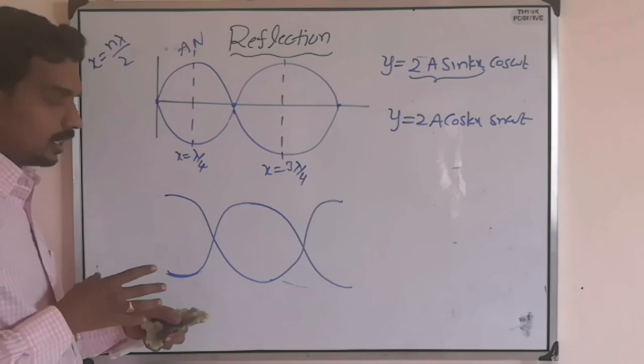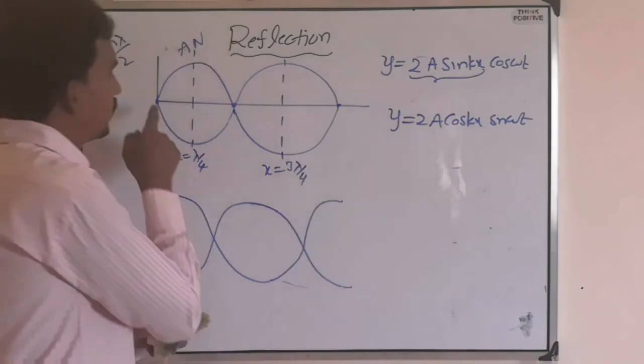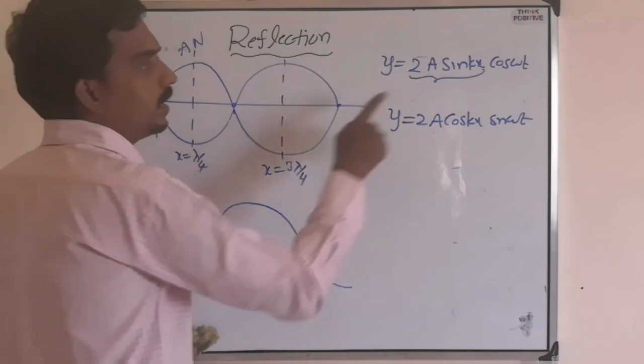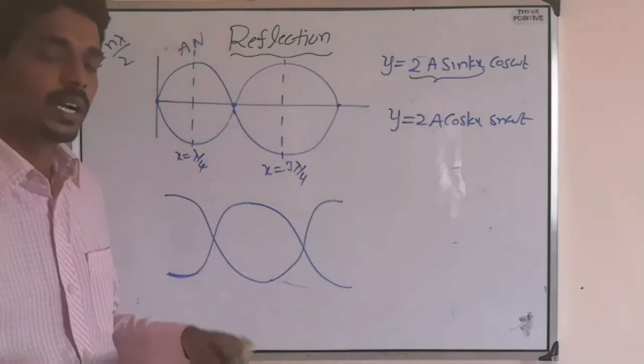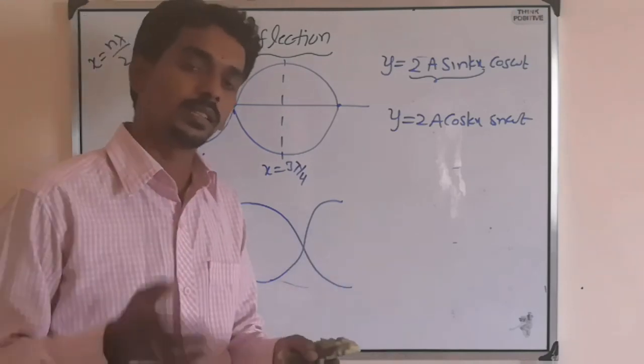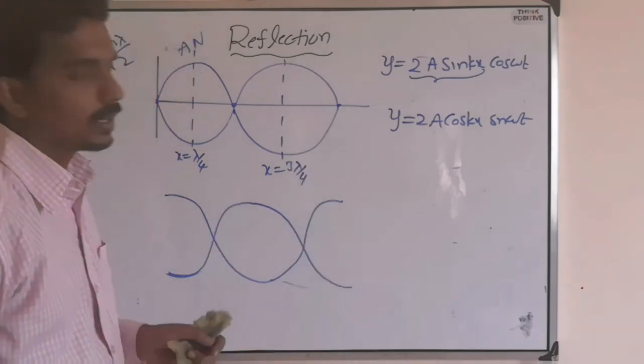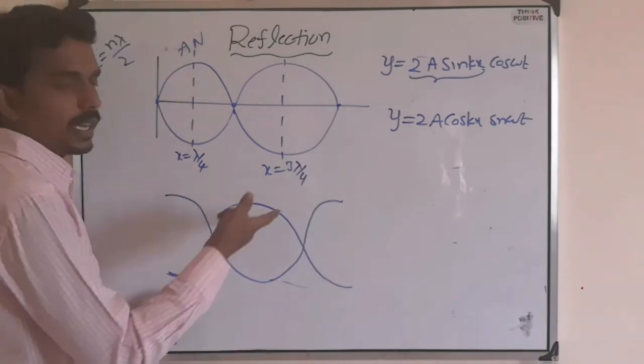So like that, if there is a free end, then cos will come. If there is a rigid or fixed end, then sine will come. But you should not get confused that, sir, you said sine kx and in the book or somewhere else or in some other question, they are given cos kx. Whatever may be it. Now the condition will change.